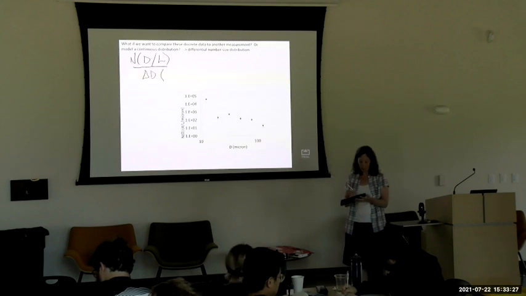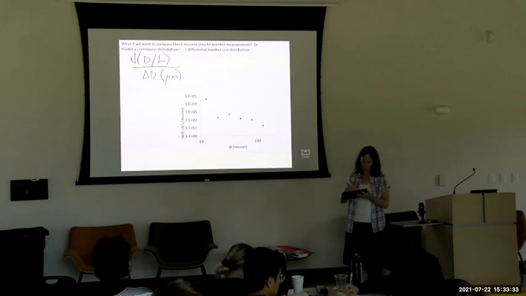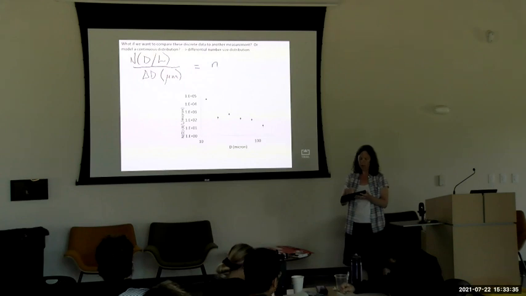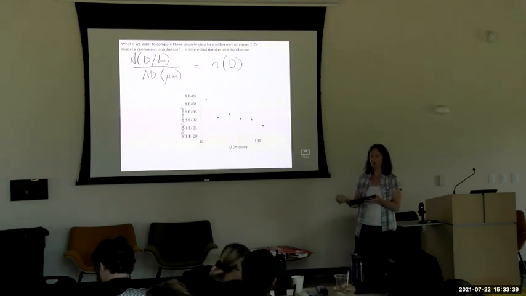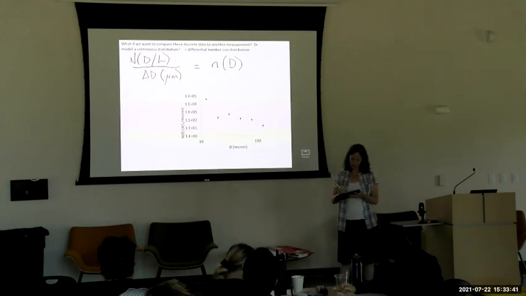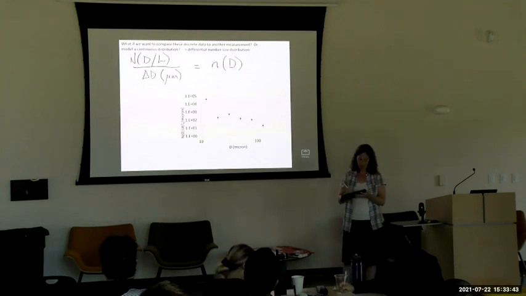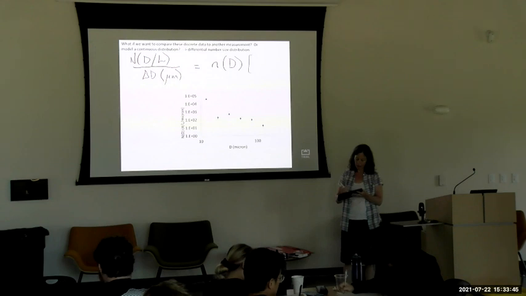So that's going to be in microns. And we're going to get, I'm going to use the small n here, our size distribution that's been normalized to bin size. And this is going to have units of,